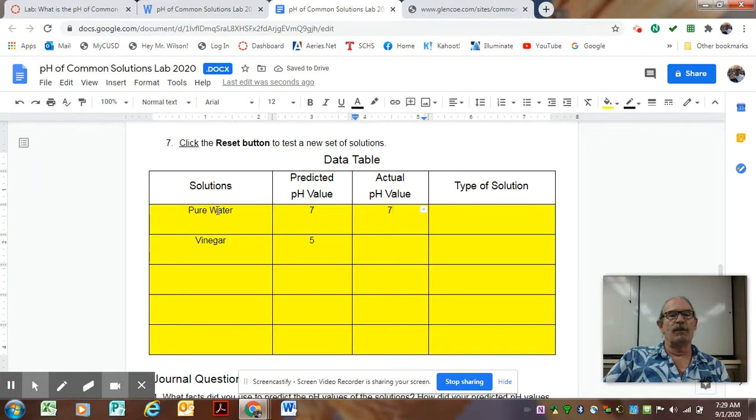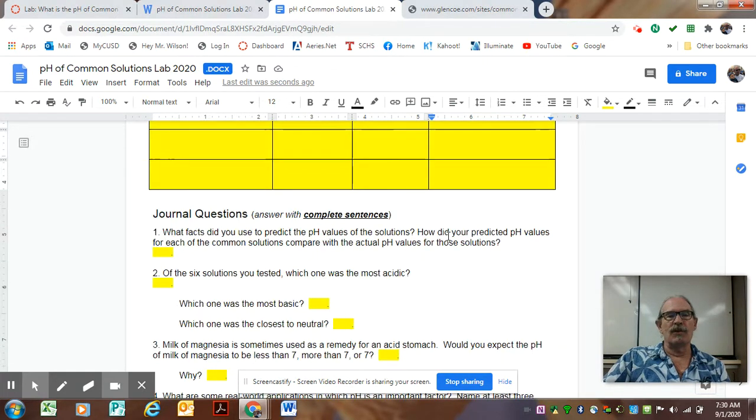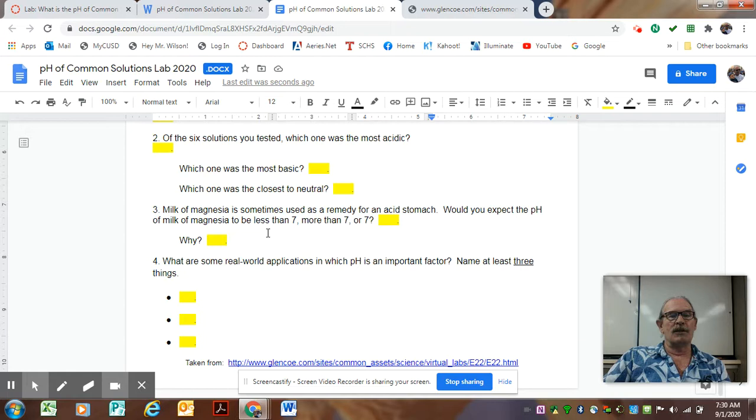And of course, we knew pure water. At least we got that one right. We predicted a 7. It is a pH of 7. And we know that a pH of 7 is neutral. So you'll do this and complete the entire table, make your prediction, find the actual value, and type in either acid, neutral, or base. Once you guys have finished doing that, if you scroll down here, there are just 4